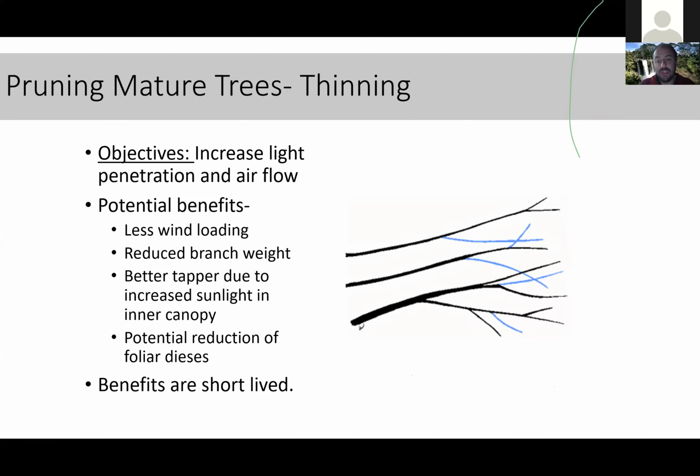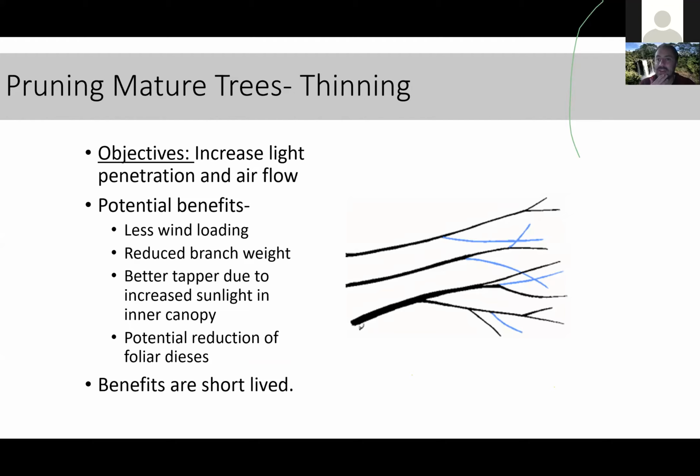It's probably just for trees that are at a higher risk of failure. So they have decay in them or something like that, and you need to reduce the risk of failure, or they have reduced rooting area, like all those trees planted in the downtown areas that are in those tree coffins. A very windy site might also be an area where you thin a tree to reduce the risk of failure. But most trees really do not need to be routinely thinned, which is kind of a change in thought.